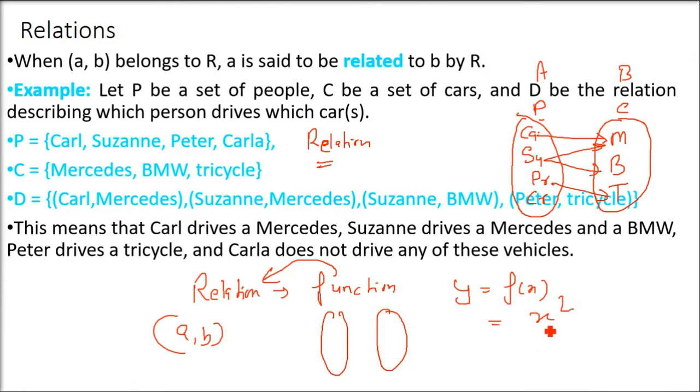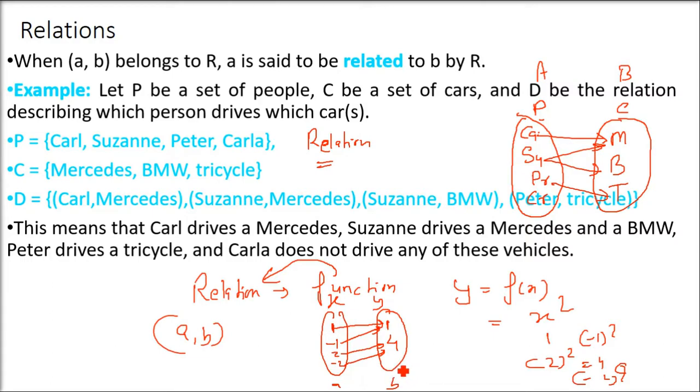See, let us take a function x square. Now when we put 1, that is a, ordered pair, I am talking about a. What will be b? When I put 1 as a, what will be b? Because y equals f(x), (-1) square is 1, and 1 square is also 1. Now again, this is another ordered pair I am taking. Now I am taking a as 2 or a as -2. So we have 2 square, (-2) square, is 4. So (1, 1) is an ordered pair, (-1, 1) is an ordered pair, (2, 4) is an ordered pair, (-2, 4) is an ordered pair.